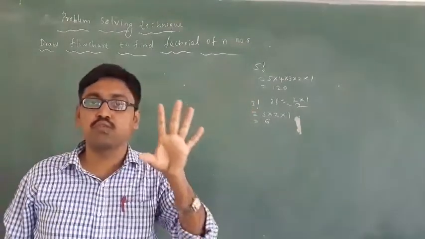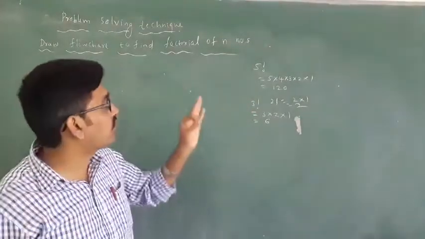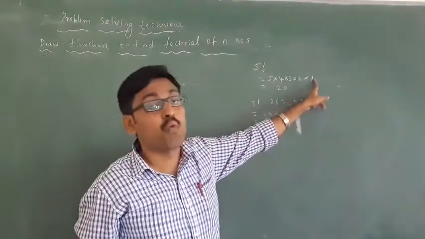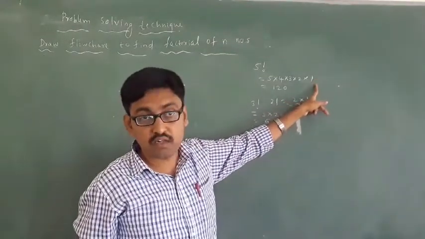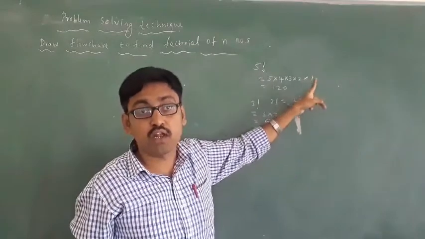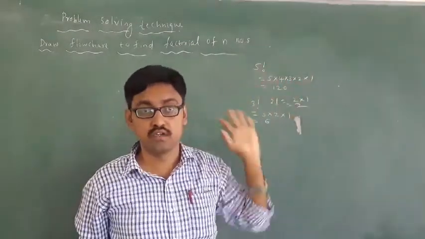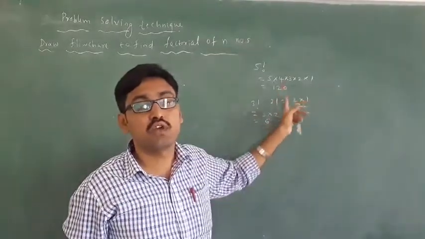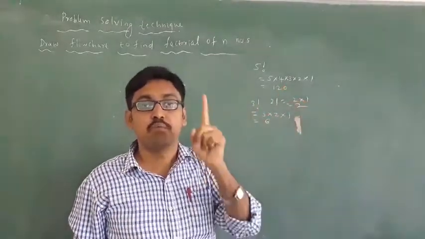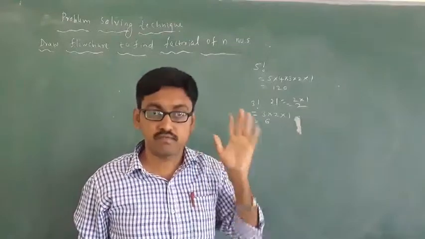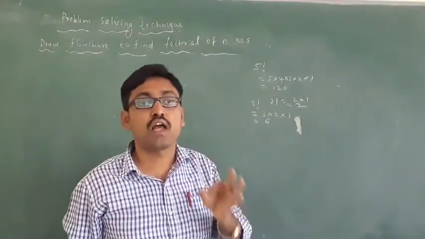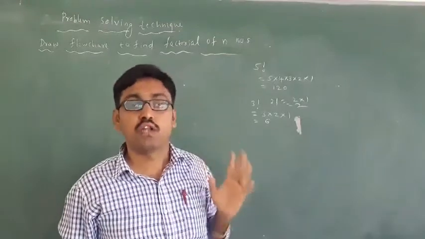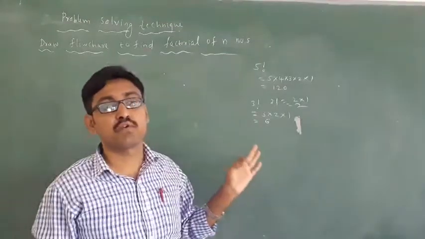You already know this in mathematics. See how to solve the factorial. Factorial always starts with 1, and it ends with 1 also. This you have to remember. It starts from 1. If you put 0, then 0 into anything becomes 0. That's why you must and should take 1. Got it? Factorial should always start with 1. This you have to remember. Then, how to solve this problem?